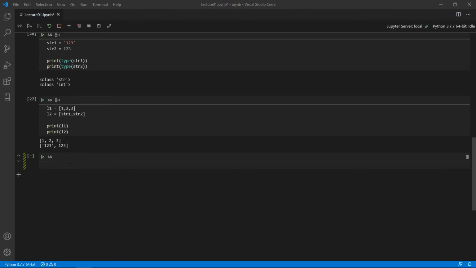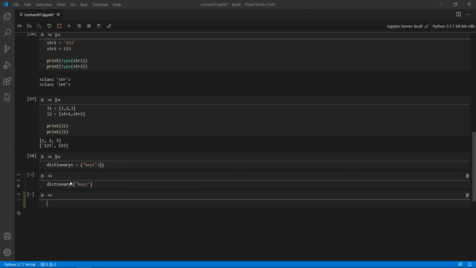Now let's move on to dictionary. Dictionary 1. Note this, whenever you are mentioning the key, you have to mention it inside double quotes. Let's say key 1, and let's assign 1 as the value to key 1. Okay, now dictionary 1 has been created. Now if you want to access this value 1, all you need to do is mention your dictionary name, and inside a square bracket mention the key name. Again, you have to mention the key name in double quotes, key 1. See,